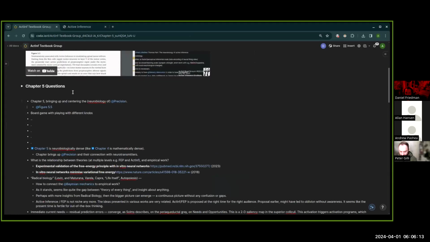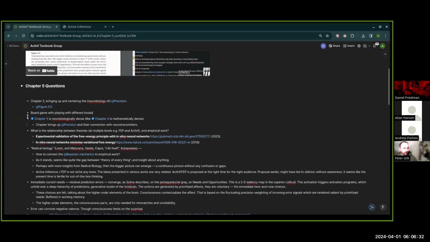Where does anyone want to begin? It could be any page or figure or quote of Chapter 5 that they remembered or that they're curious about. First we'll just see any thoughts or ideas people have about 5. Otherwise, we can look to the chapter and to the prior questions.